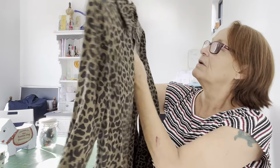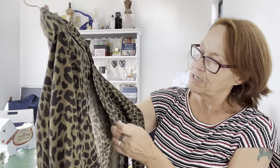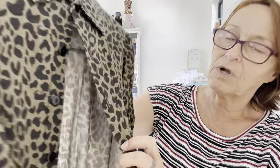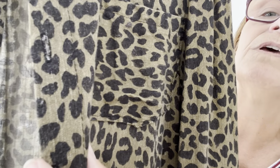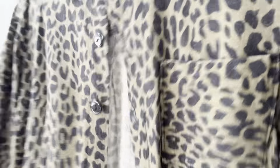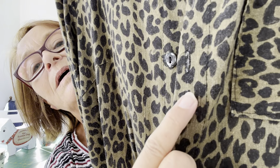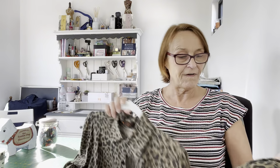I think I've got another 3.5 meters of this, and I'll put the name up. I think you can see here what I'm talking about. There's white runs through it. It just seemed to be catching. Can you see it there? It was literally everywhere that I sewed the hem, it was leaving a trail of devastation behind it. Not being over dramatic or anything, but when you've taken your time to cut the fabric,